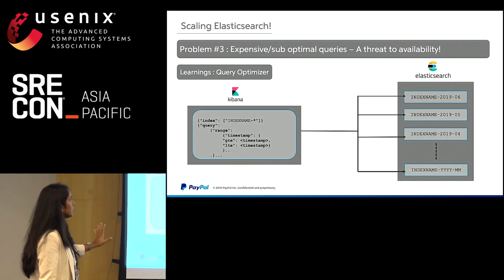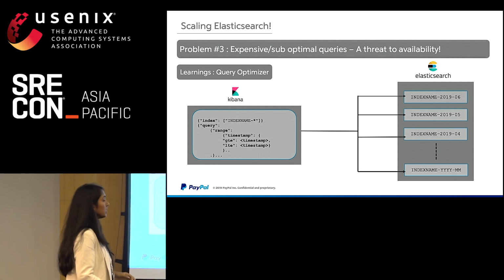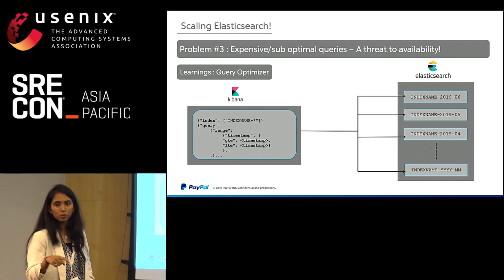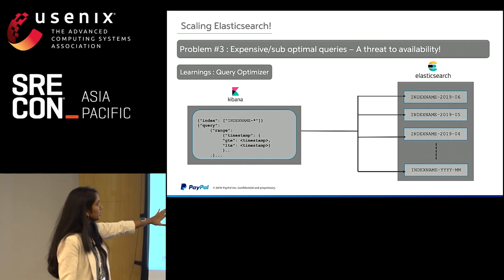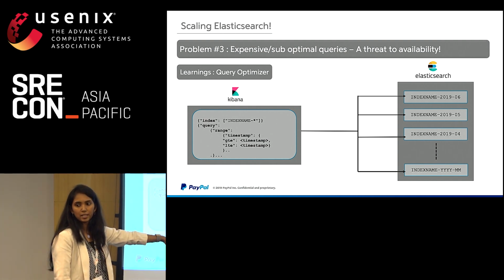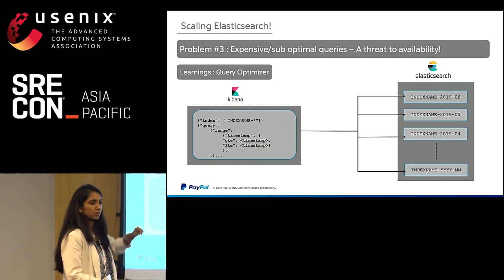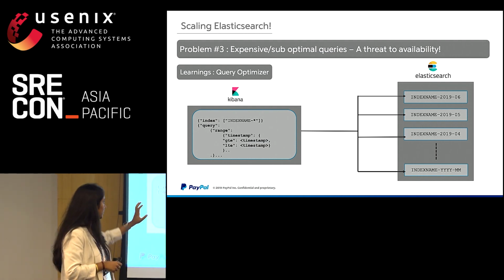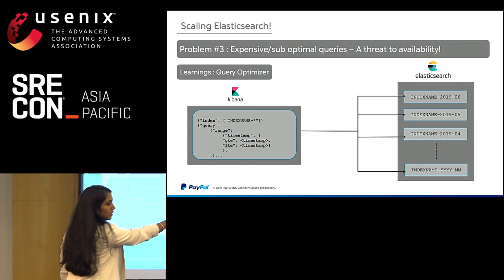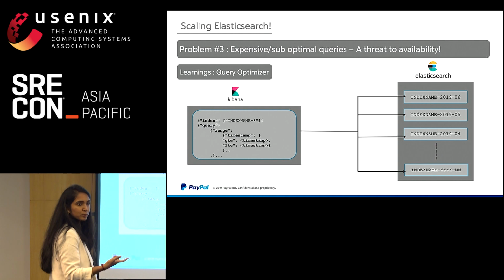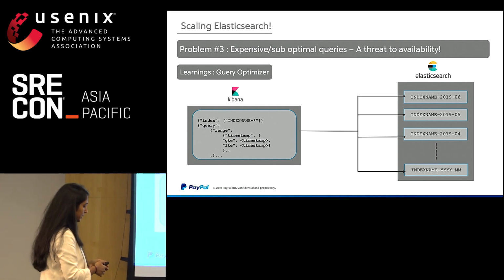So what happens? The actual setup looks like this. From Kibana, you have a query fired. Since you have a wildcard asterisk over there, Elastic doesn't know where exactly the data lies. So it fires a query across all the indices present for the given index pattern, and then figures out the match. For example, you give a date range of the last 15 minutes, which can essentially be present only in the June month's index. But since you are using an index pattern with an asterisk, it still fires your query across all the indices.